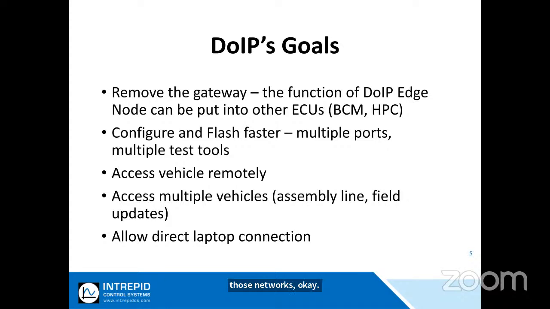And at this point, all vehicles that are made today are not zonal, but they're getting more decentralized. So essentially, you would be able to remove the gateway, not have a special box just for doing the connections between everything. Although we have the term of an edge node, which is what really is the middleman for us,